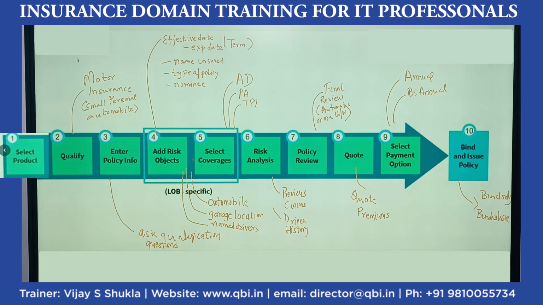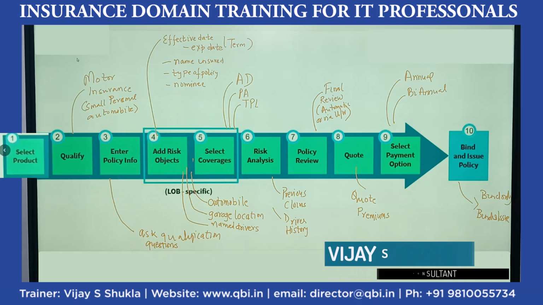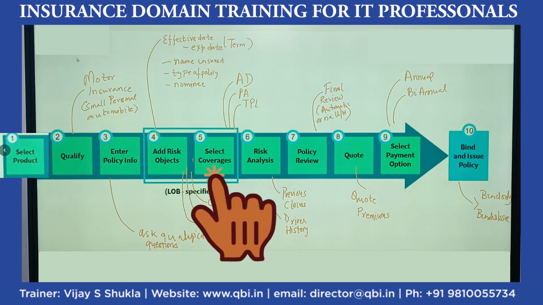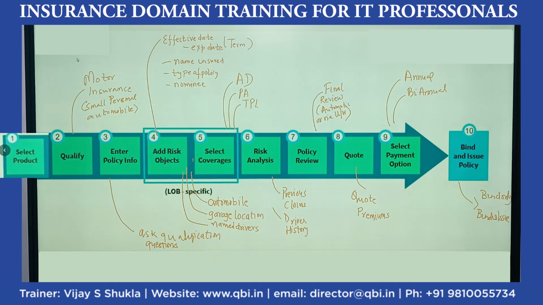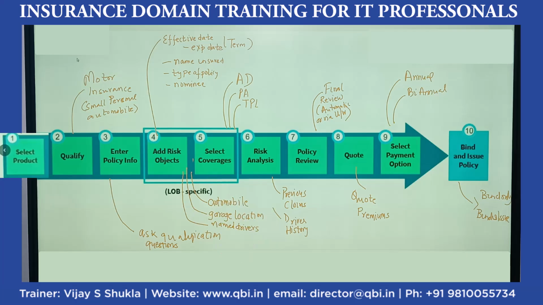Then we add risk object to this policy. So for this case, the risk object could be an automobile, or a risk object could be the named drivers who may be driving one or more automobiles which are covered in this insurance policy. Then coverages are selected for these risk objects. So for an automobile, the coverage could be an automobile damage coverage. For the named drivers, a coverage could be a personal accident coverage, and there could be a third party liability